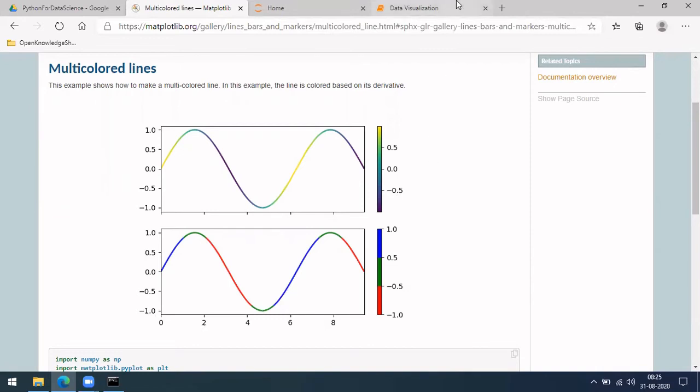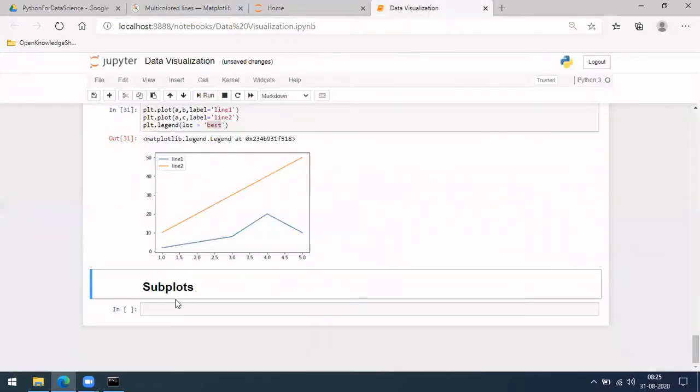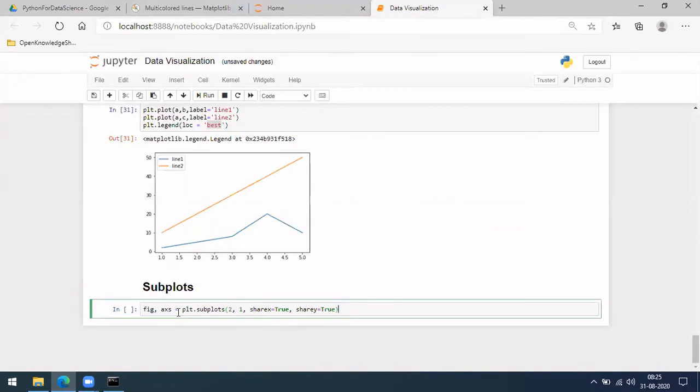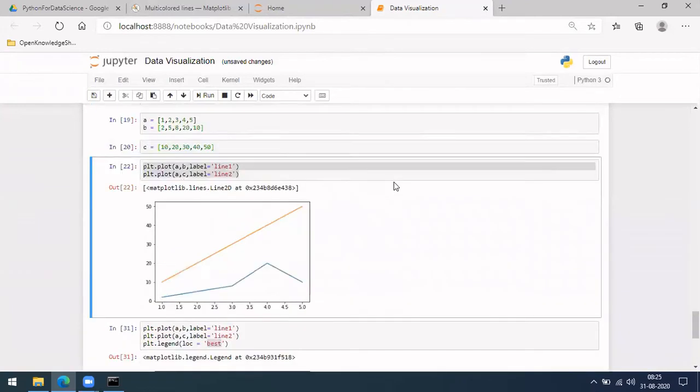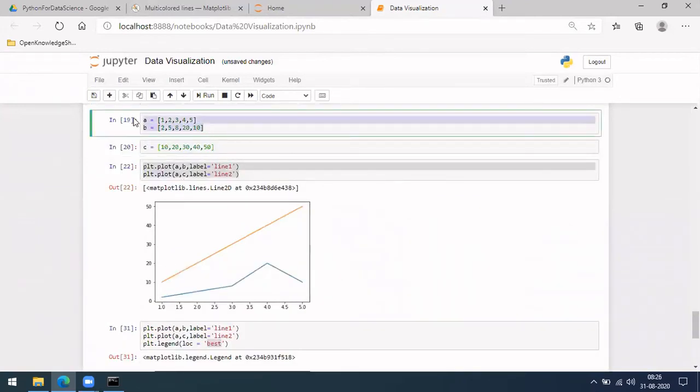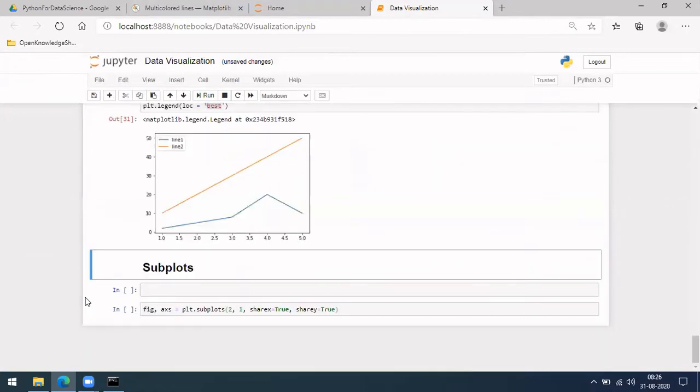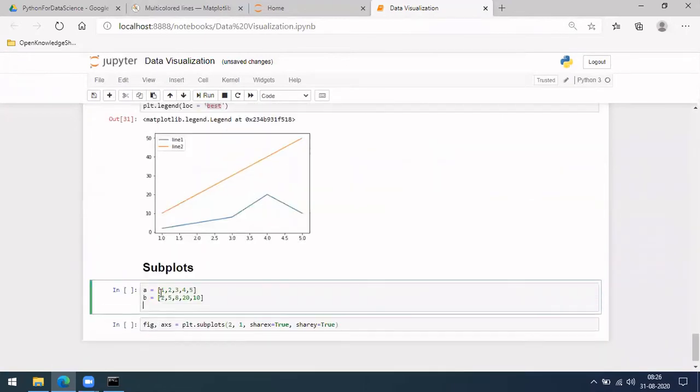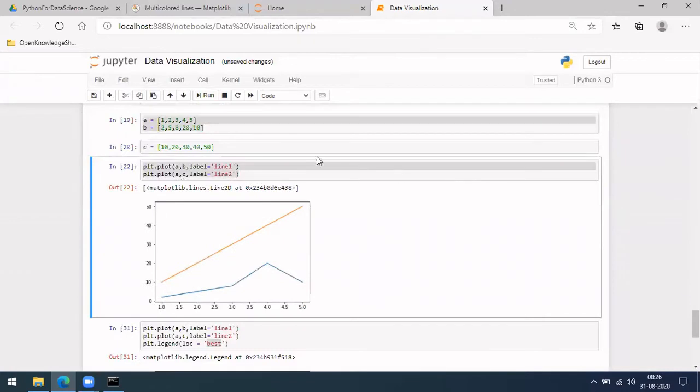So something like that in case we want to draw, or you can also share the y-axis. That is one more example. So for those things, you have to do these subplots. Let me put that. So for the same thing, I'll be using the same examples here. Let's see.